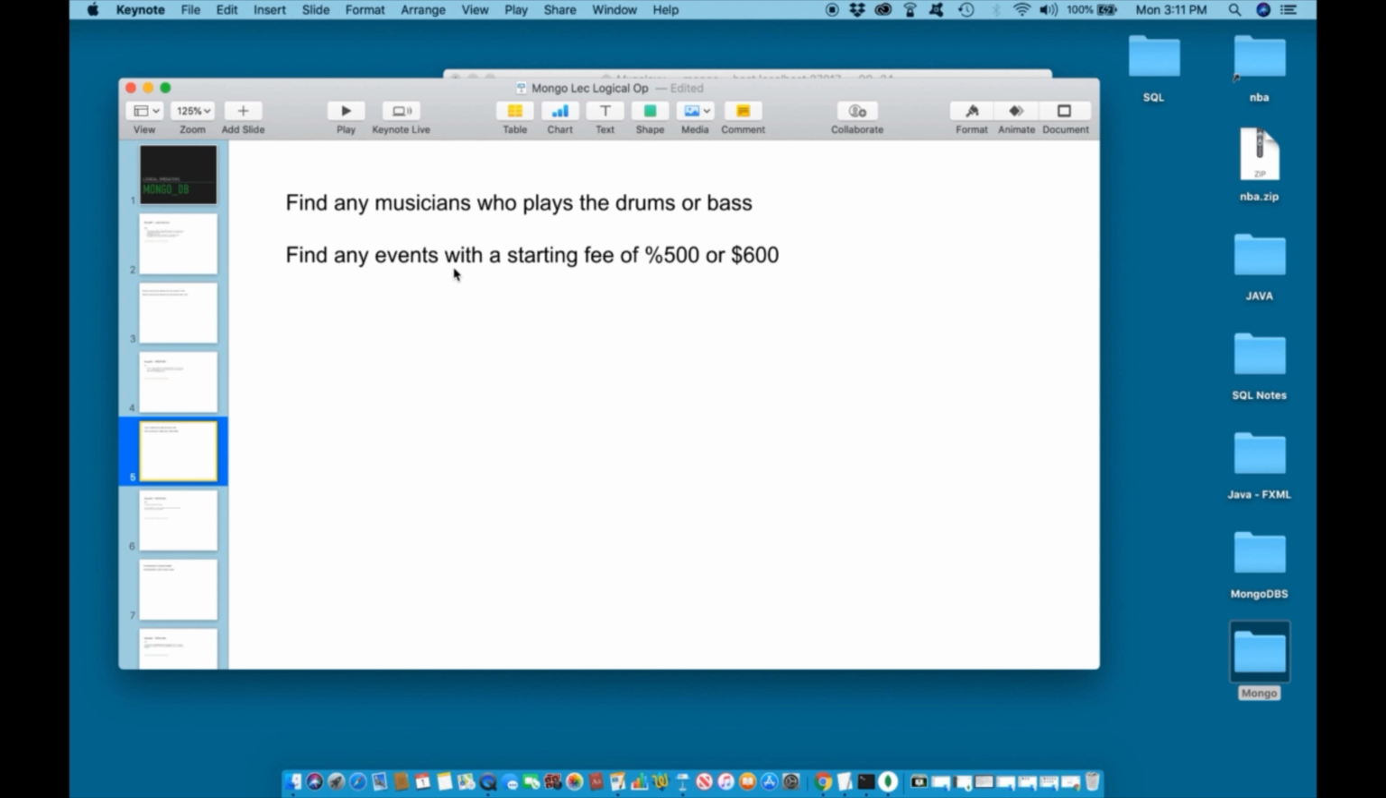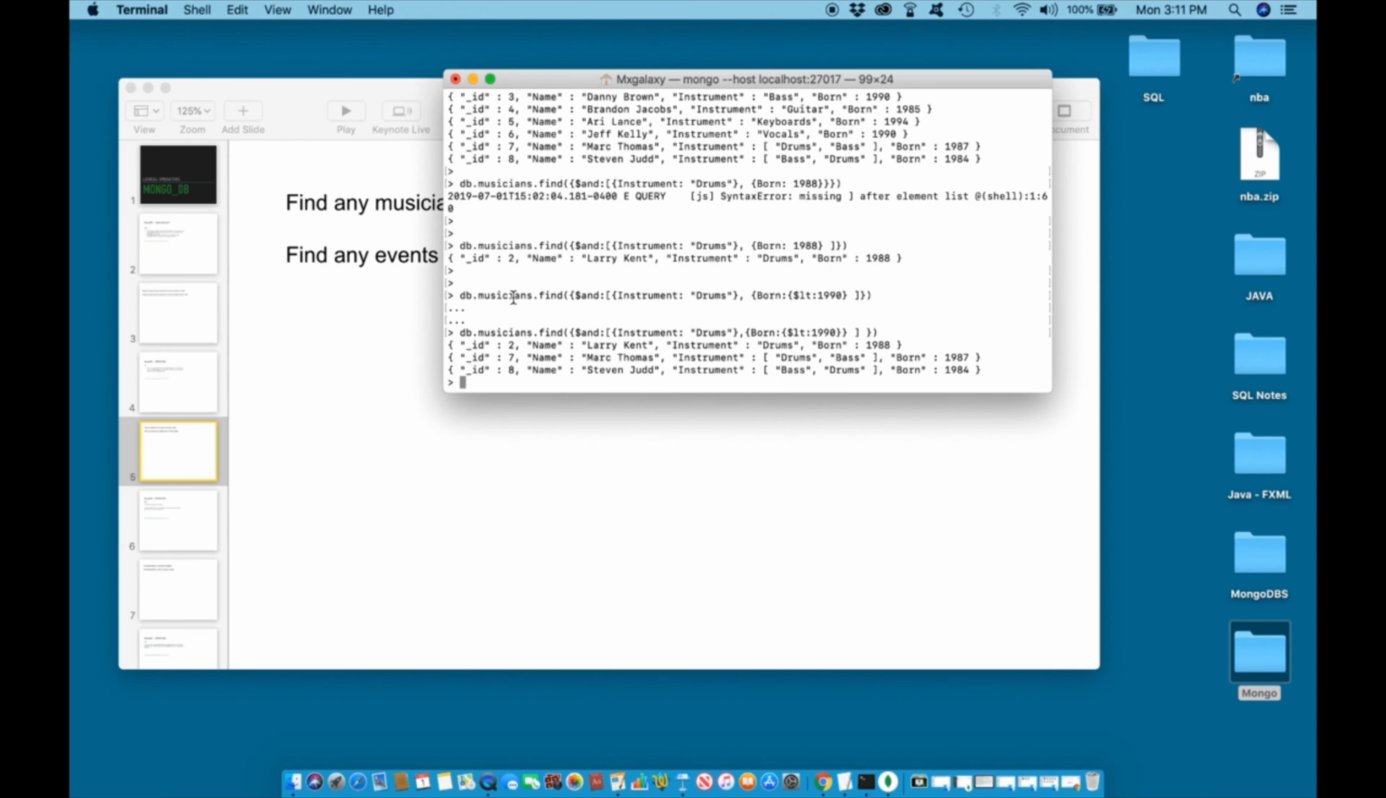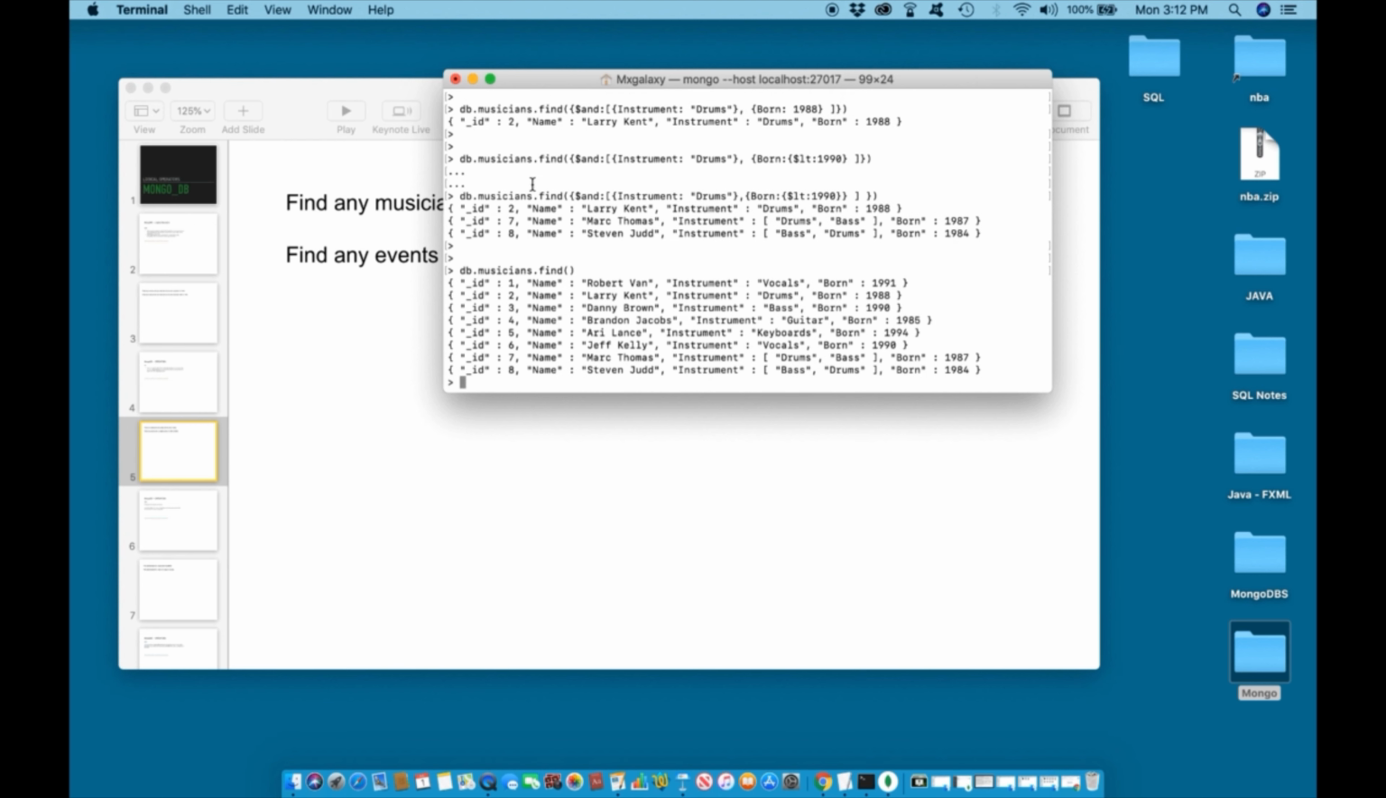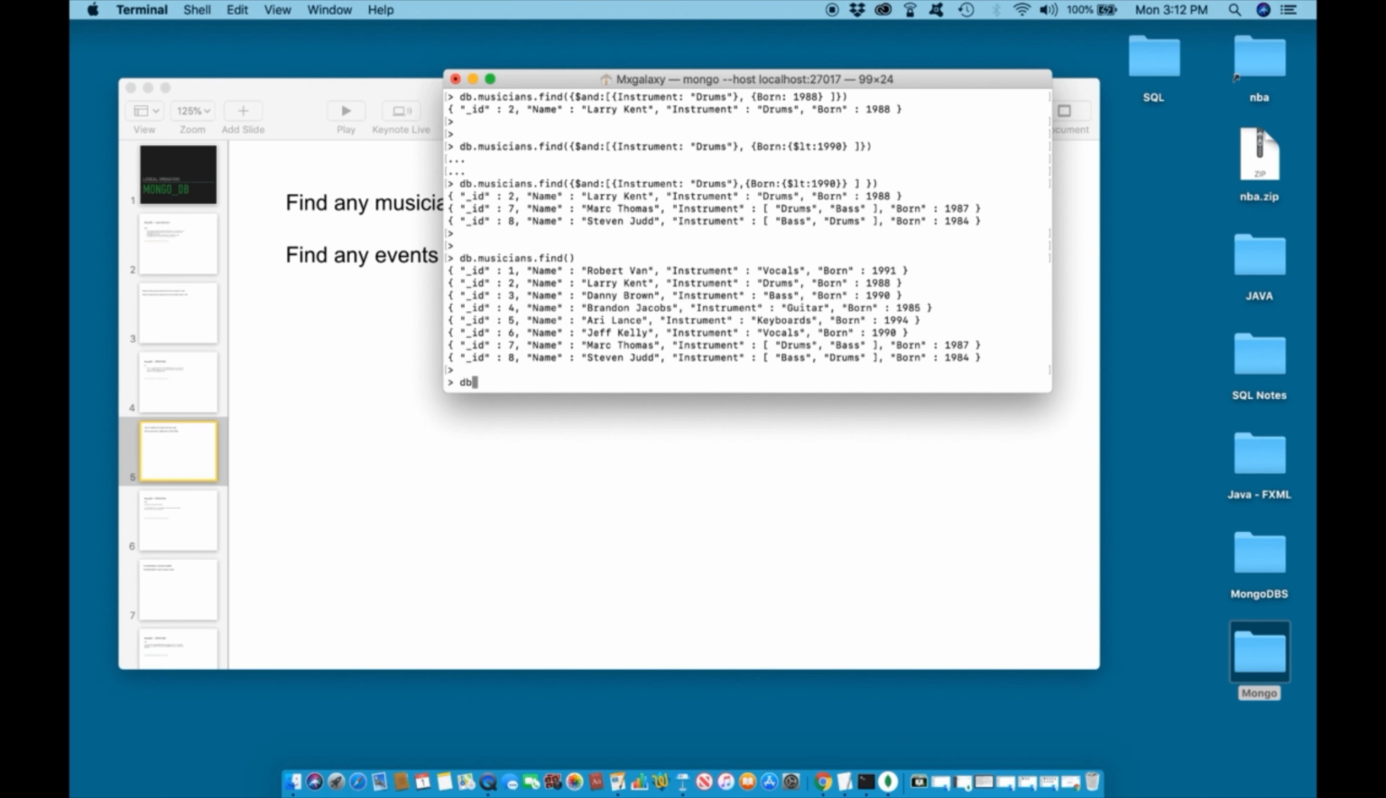First, find any musicians who plays the drums or the bass. First, let us look at the musician collection. Here we have a list of all of the musicians and we can see what instruments they play. So we are looking for anyone who plays the drums or the bass. To do this, we will enter the command db period, the name of the collection, find